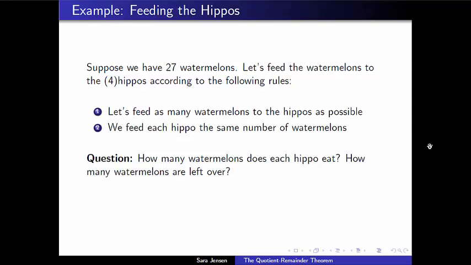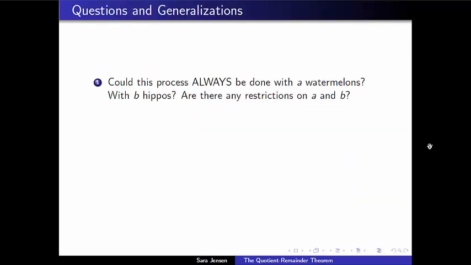Full confidence you can do that, but just in case you want to follow along at home, the answer is that each hippo eats 6 full watermelons and there are 3 left over, which quite frankly is plenty of watermelon. Now, of course, the purpose of this exercise is not to practice over and over having 27 watermelons and 4 hippos. We're entering into an abstract algebra class, which is a class about generalizing and thinking of larger processes